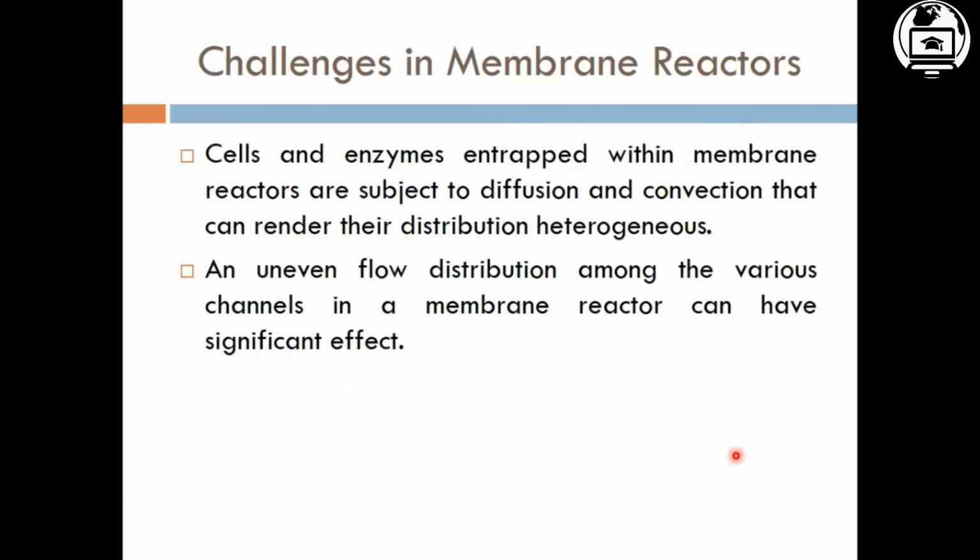Challenges क्या है membrane reactors में? Cells and enzyme entrapped within membrane reactor are subject to diffusion and convection that can render its distribution heterogeneous. अब obviously हमें पता है कि reactor के अंदर homogeneous environment create होना चाहिए, तो यहाँ पर entrapment की वजह से एक heterogeneous condition develop हो सकती है। तो ये चैलेंज है मेम्ब्रेन रिएक्टर में कि इस हेट्रोजेनस डिस्ट्रीब्यूशन को होमोजेनस के अंदर मेंटेन रखना। An uneven flow distribution among the various channel